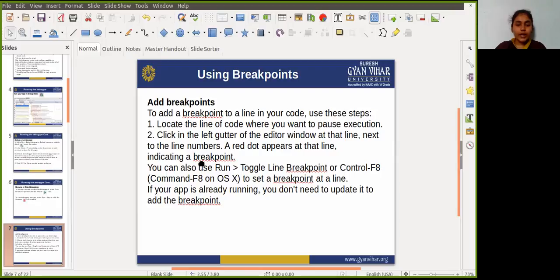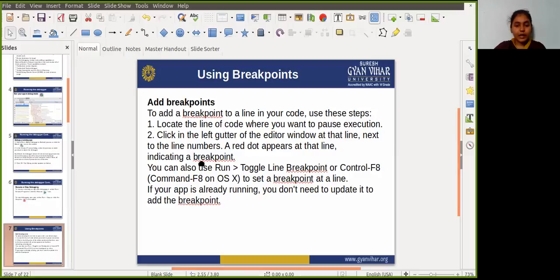A red dot appears at the line indicating a breakpoint. You can also use the Run menu, and inside it you will see Toggle Line Breakpoint. Just click on that, or you can use Control F8 on OS X.